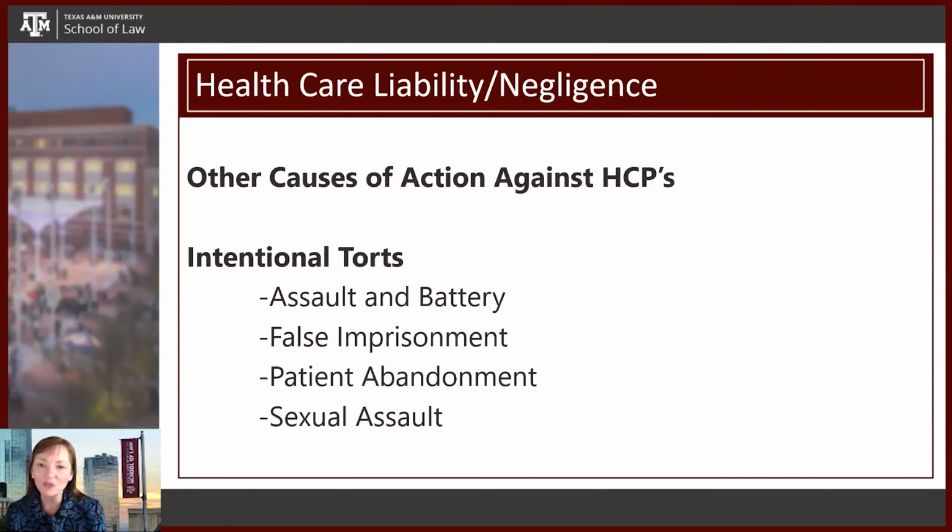Basically, when you walk in the door of a healthcare institution, whether it's a hospital or some other type of entity, or walk into a clinic for care, one of the first things they're going to do is have you sign a consent form that you're consenting to care in that facility or by that provider. And without that, just even general consent, then there can be an allegation of assault and battery.